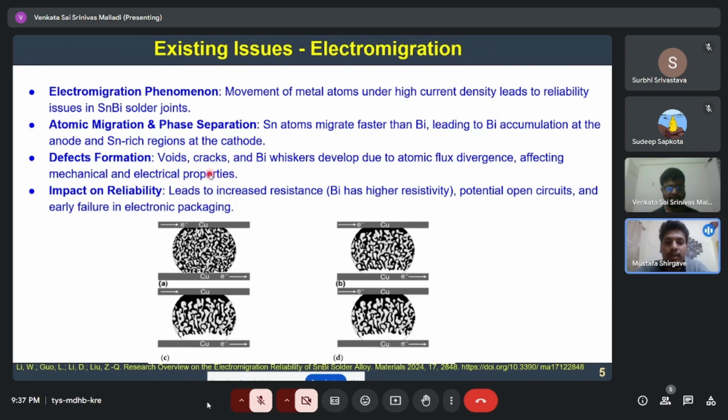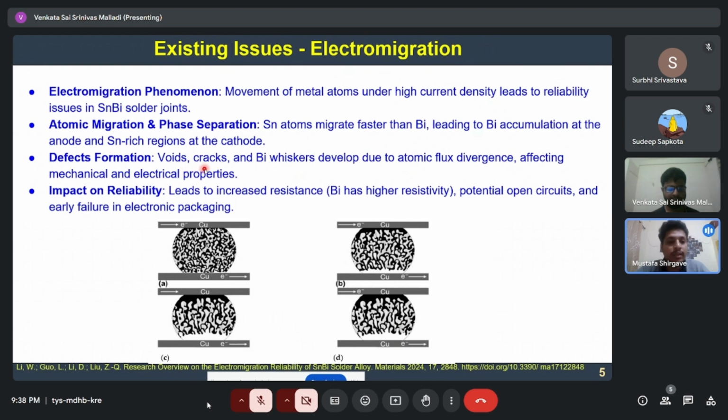At the time of electromigration, tin and bismuth atoms diffuse at different rates due to the difference in atomic size and bonding energy. Typically, tin atoms diffuse faster than bismuth atoms because of the atomic size difference under the electric current. Vacancy accumulation: the faster moving tin atoms leave behind vacancies. If these vacancies do not get filled by the slower moving bismuth atoms, they merge and form Kirkendall